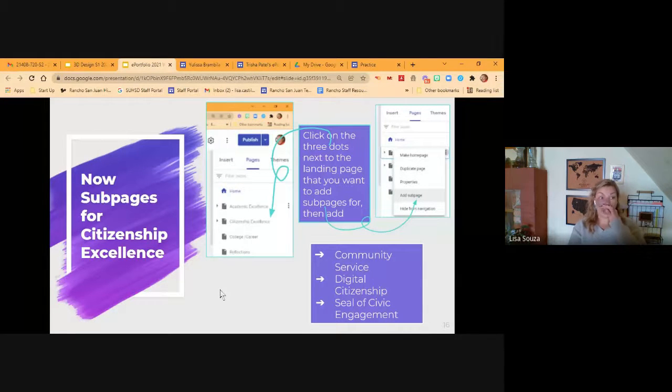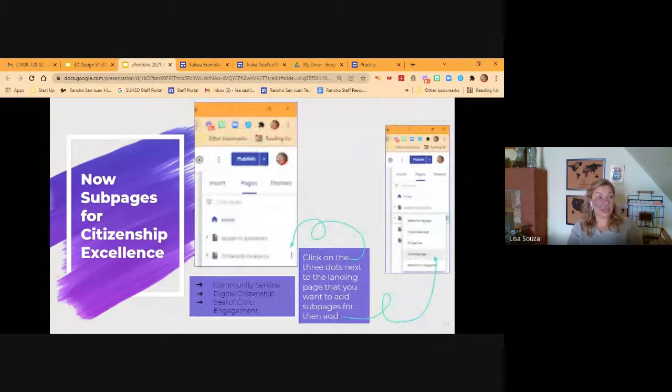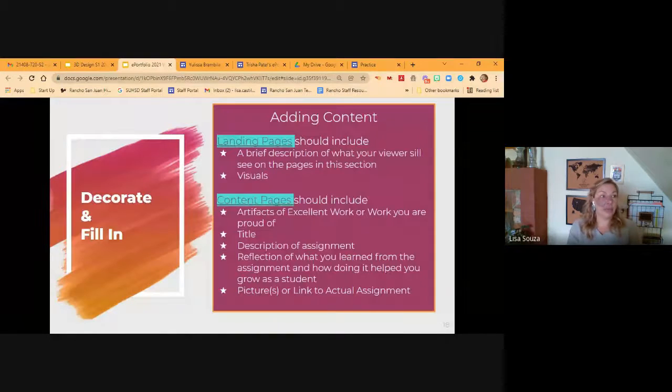Okay, so the next few slides are just, again, adding different landing pages and sub pages if you were rolling this out school-wide. And then once you had all of your pages created and all the sub pages created, then you would have them go through and begin to decorate and fill. So adding content,